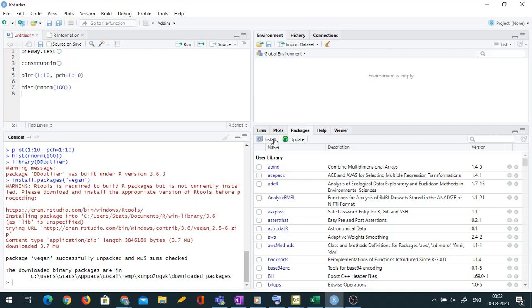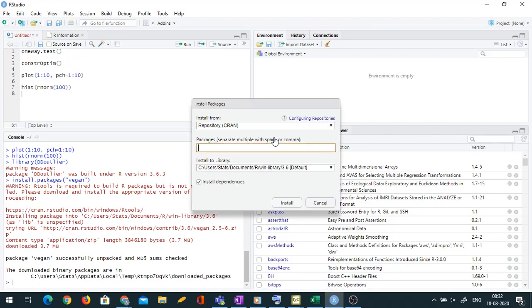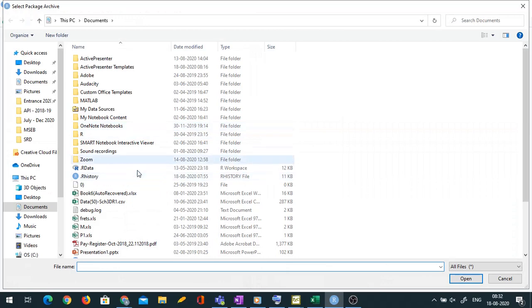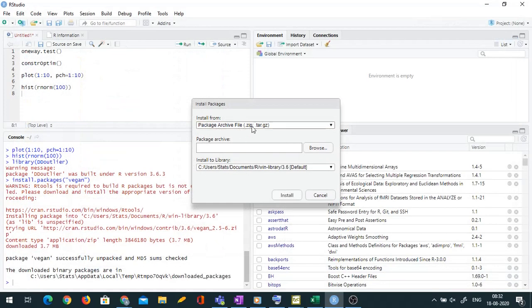So sometimes you can download the zip packages and install them via package archive files. In fact, you don't need to unzip. R will automatically take care of unzipping. But if you want to see what is there in a package setup, you can unzip and explore.